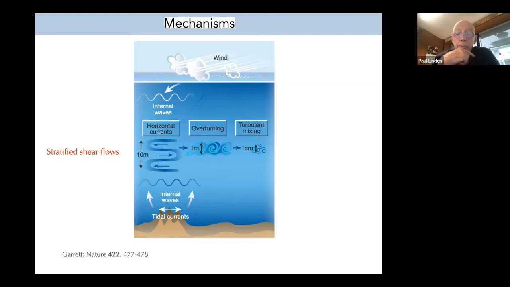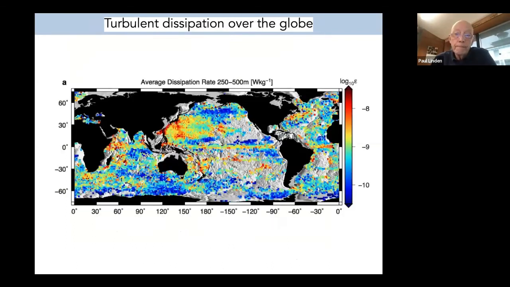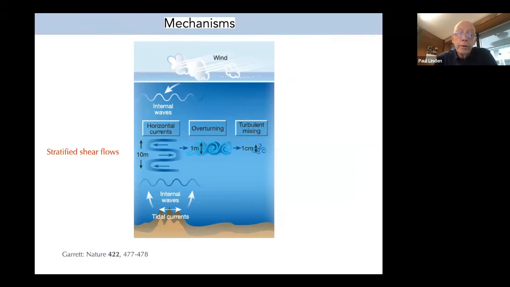Internal waves are also produced through tidal currents flowing over topography. That's one of the reasons why in the pictures I showed you before there's a lot of activity around this topography, because of flow generated by tides deep down, at 4,000 meters below the surface. And these also generate